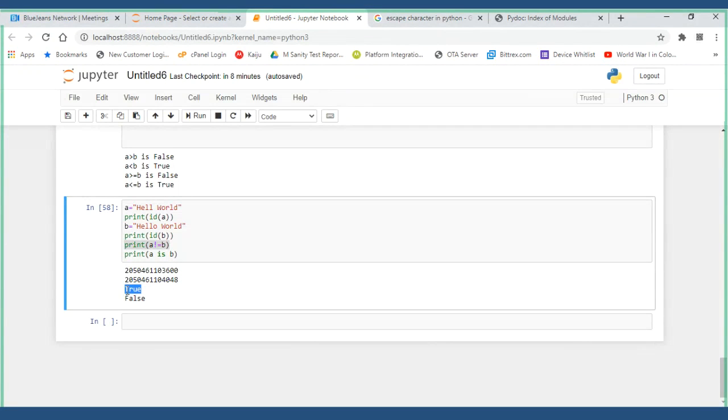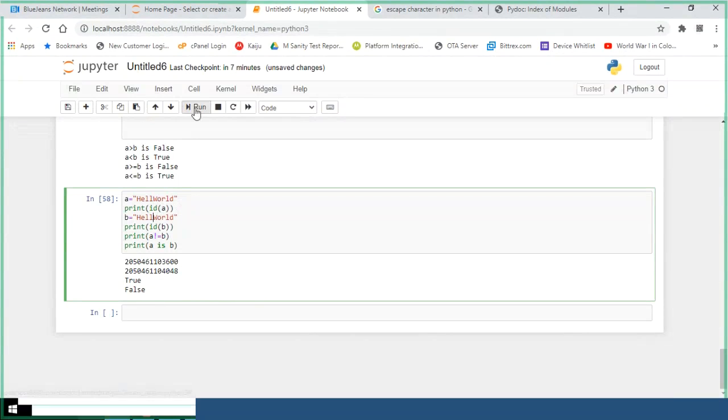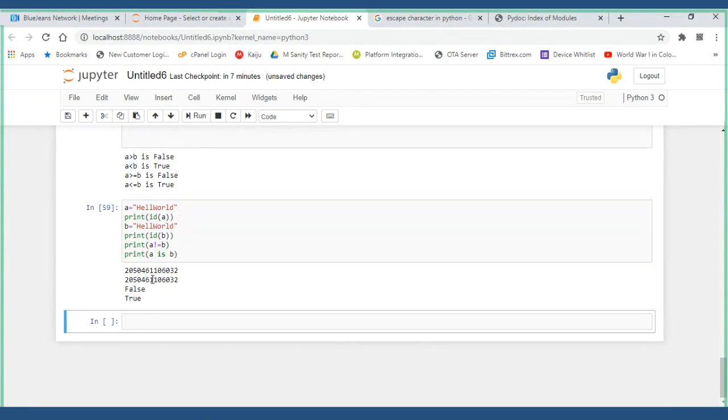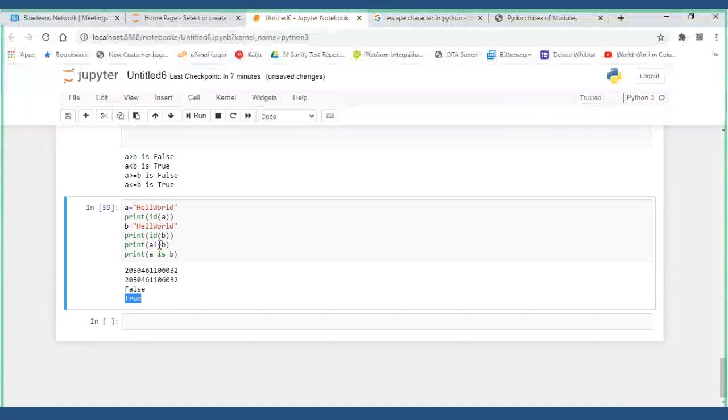Okay. So by now you should know that not equal to is comparing the content, whether both are not equal or not. That's why it returned true, because one is hell and another is hello. So this one is actually comparing the content. If I say it like this and this is also like this, both objects have the same content and they refer to the same thing, it will return the same result. Just remember that.